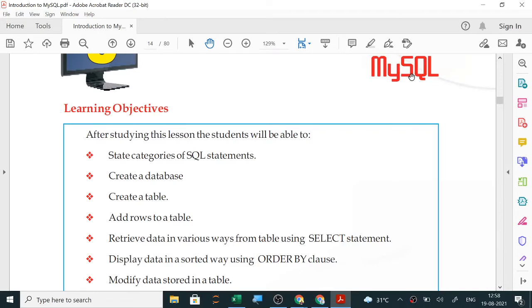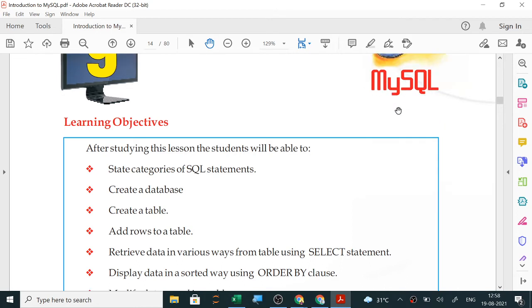Now MySQL, structured query language, where you can place any queries and it will give you the information. Here it is a front end as well as back end. In this MySQL, you have front end as well as back end. That is, data also are stored in this only. We don't require any extra software for this. This is free software.